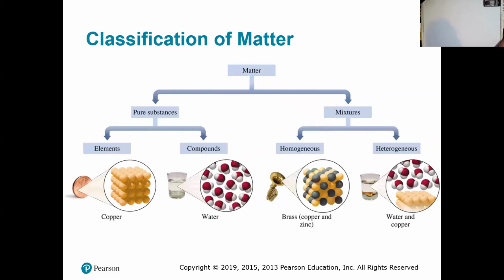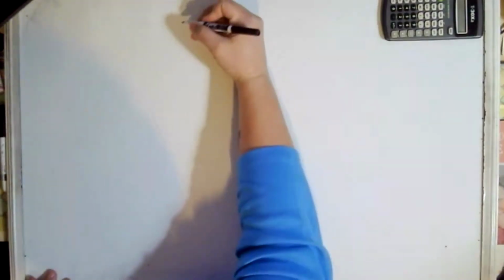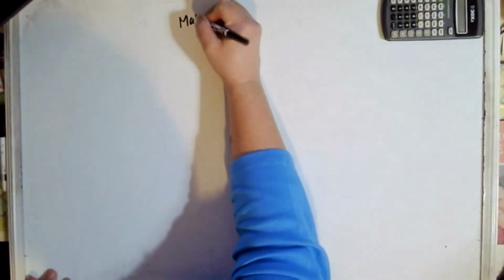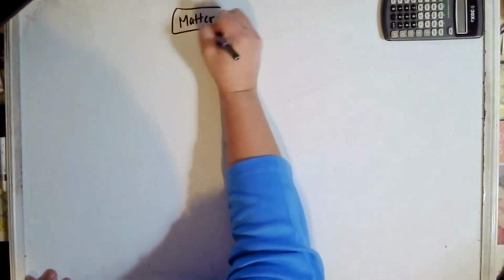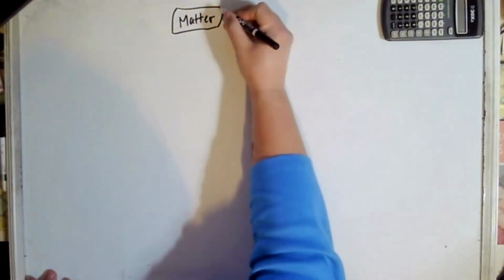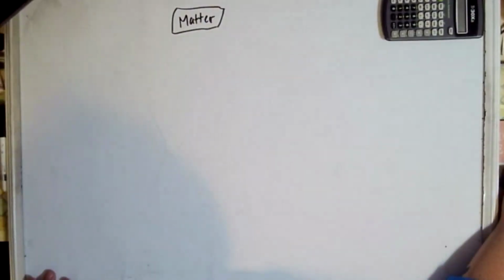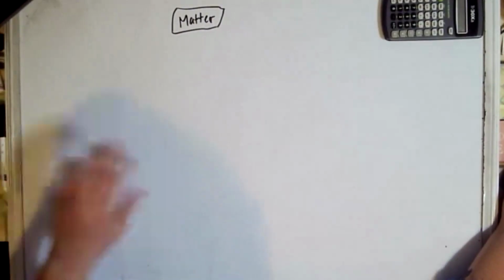So again, we're going to take a second now. I'm going to stop sharing real quick to talk through this flow chart one more time, because I really do think it's important if you can go through this flow chart, create it for yourself, and remember what questions you ask for each section. That's going to be really helpful when you're trying to make this determination. So you start off with your matter, and the question that you're going to ask for that first step when you're trying to determine pure substance versus a mixture